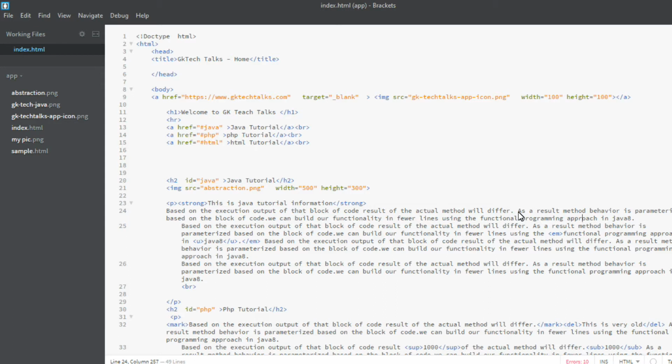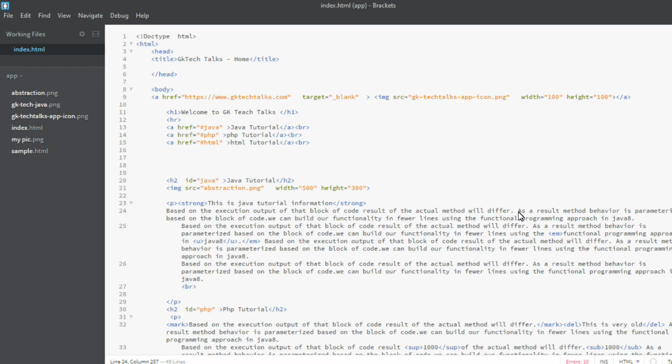In today's video, we are going to see how to create different types of lists using HTML5. Generally, when we want to show some items, we have to use a list. There are different types of lists. Sometimes we need to provide a description for each and every item. Sometimes we want numbering like 1, 2, 3, so those are ordered types. Sometimes we want to show items with bullets. These are all basic HTML tags. We have three types of lists, and we will see them one by one.